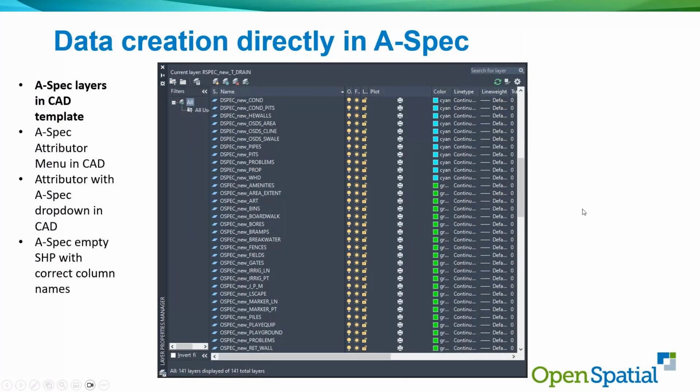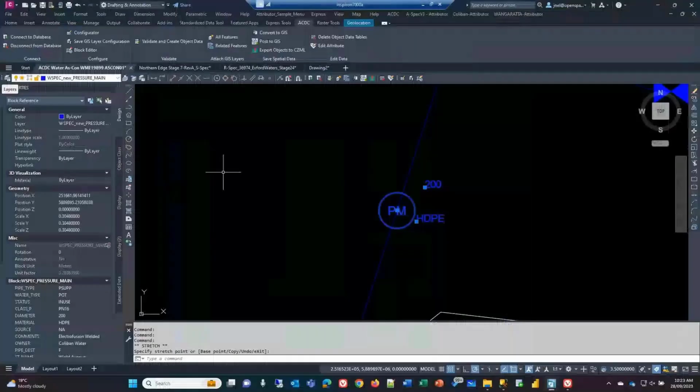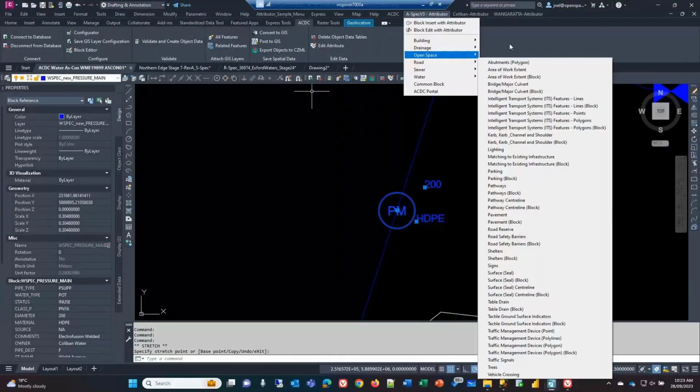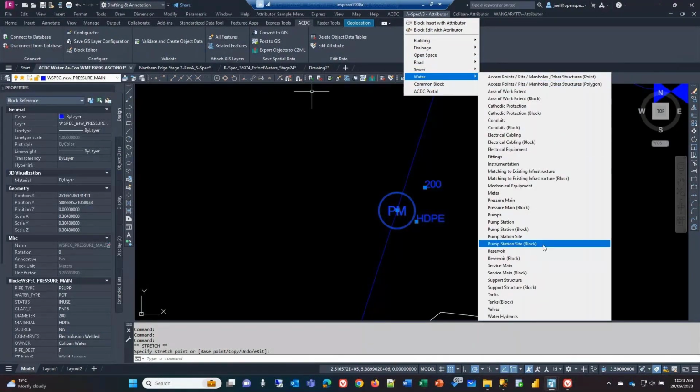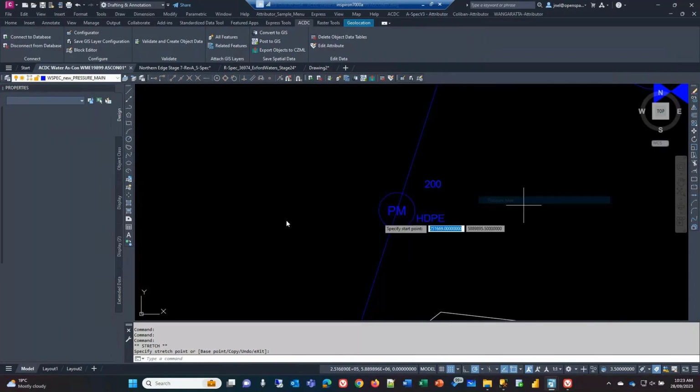Data creation directly in A-SPEC. So what we do is we actually give you all the layers in the CAD template as well as all the attributed blocks. There's the attributed menu in CAD, and you can then go and populate that information automatically for you. So if I then look, here's all the various layers. So if I then go in, here I'm in water. If I want to say I want to go and draw a pressure main,